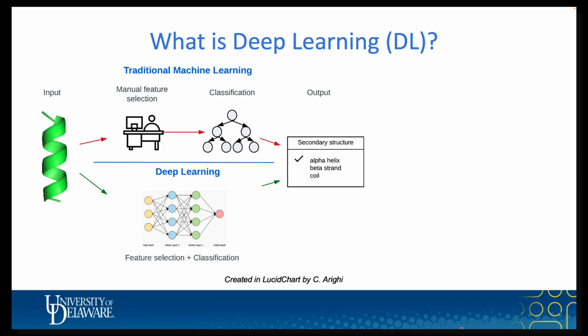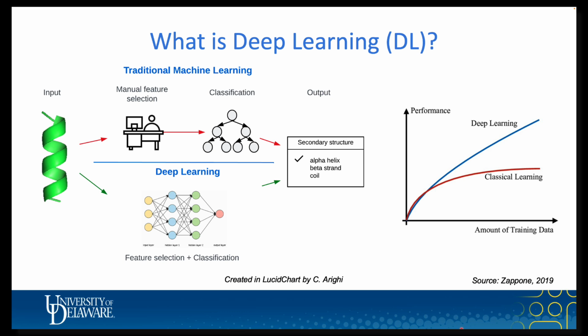Because of this representational learning, deep learning is especially good at learning patterns from large amounts of data. It becomes more powerful with more data. We can see here that the performance increases with the amount of training data, as opposed to classical or traditional machine learning, which plateaus with more data. Robust frameworks like TensorFlow allow us to implement this architecture at scale, enabling applications in areas from classification to anomaly